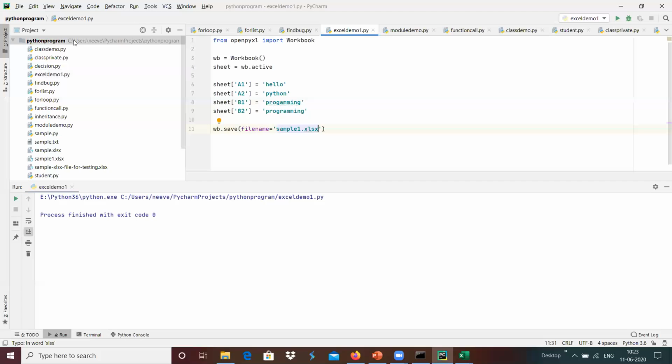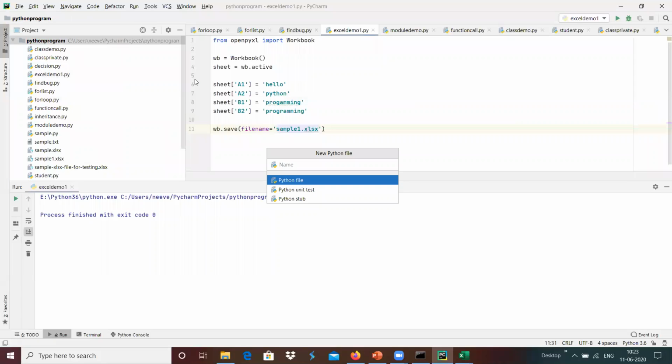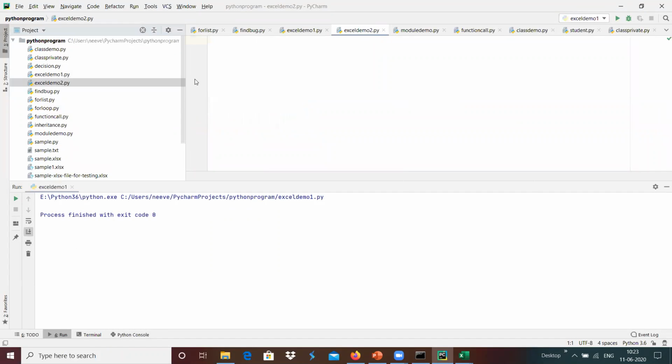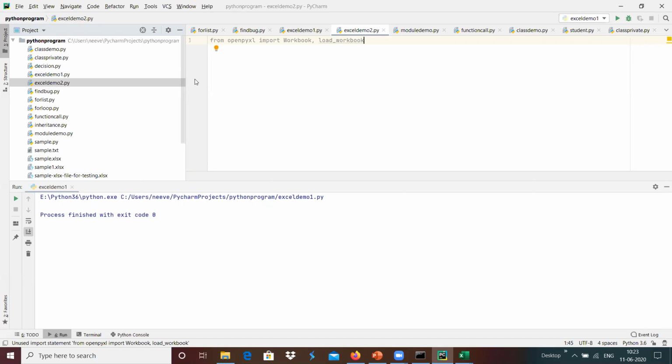I'm going to create another file, Excel demo2.py. Inside that, I'm going to import from OpenPyXL load_workbook as well.